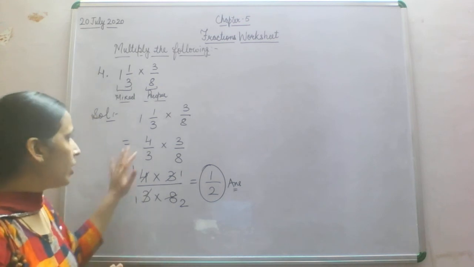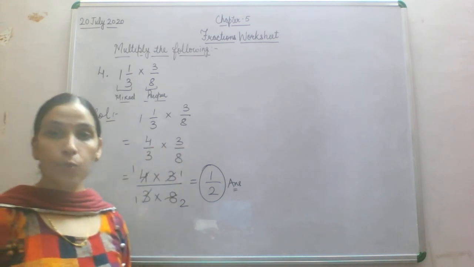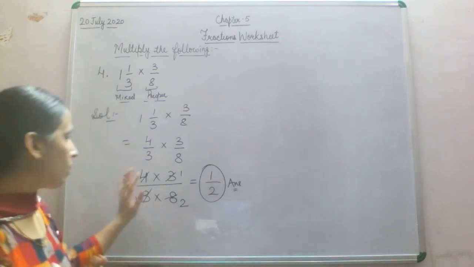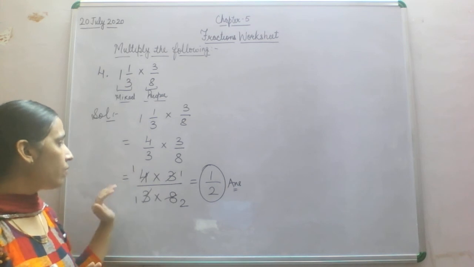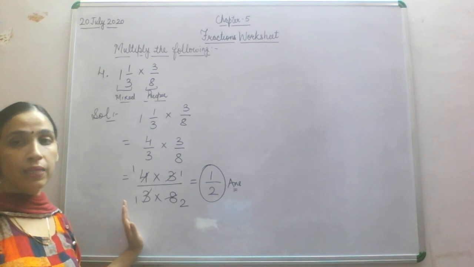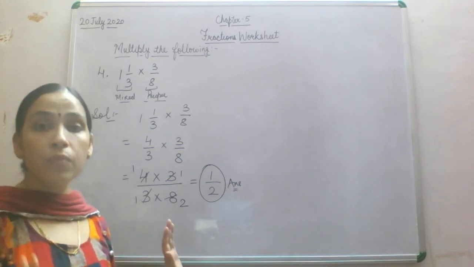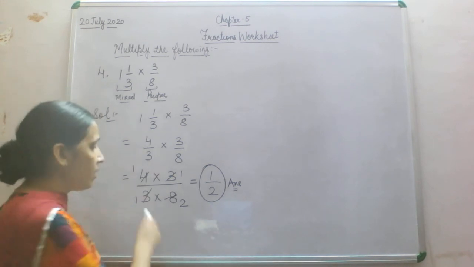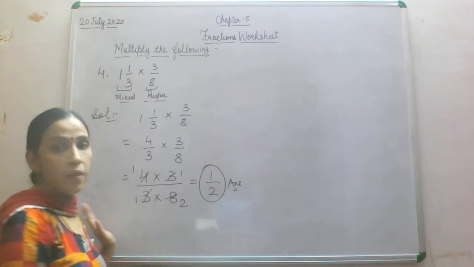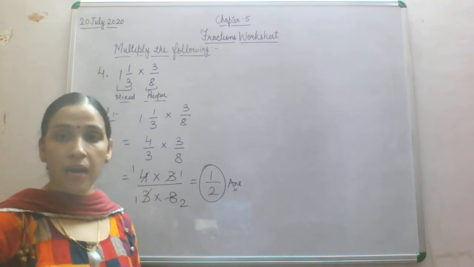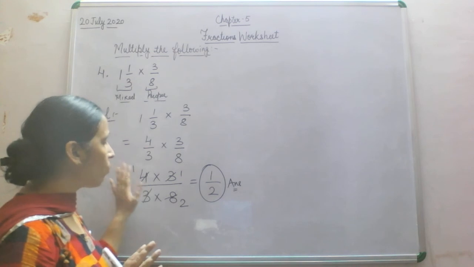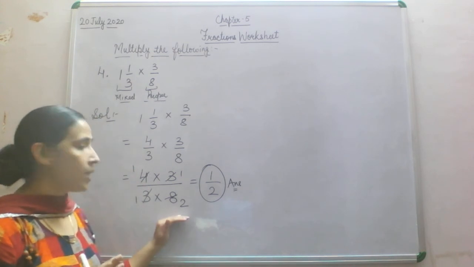So what will we do? The numerator will be multiplied by the numerator and the denominator will be multiplied by the denominator. So now what will we get? 4 ones are 4 and 4 twos are 8, 3 ones are 3 and then 3 ones are 3. The two numbers which come in a common table, so 3 will be cancelled with 3, and 4 1 times and 4 2 times. Fine, because in 4 and 8 we have a common factor, that is 4. So it will be cancelled with the table of 4: 4 ones are 4 and 4 twos are 8. Now we'll get